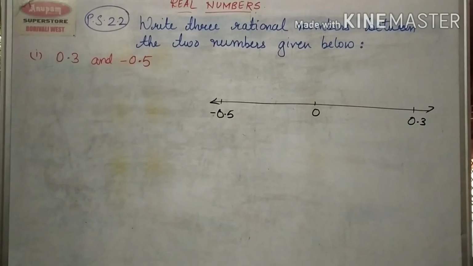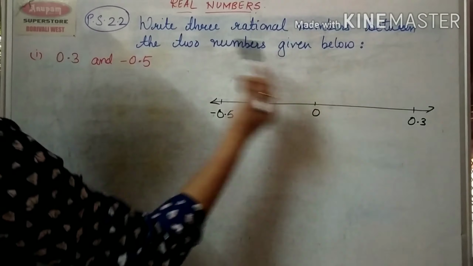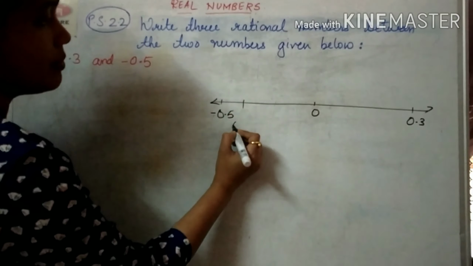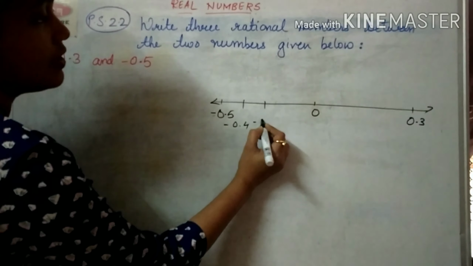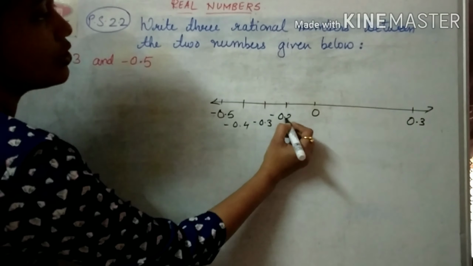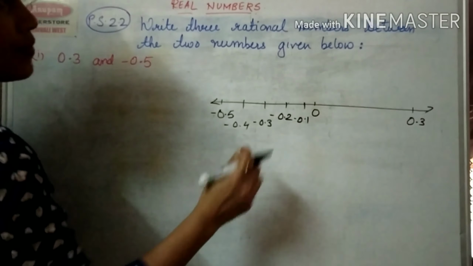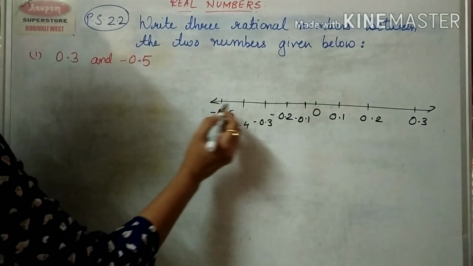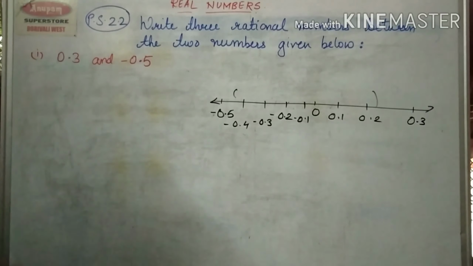So first thing that we are going to do is, I'll imagine it in the form of a number line. If I imagine a number line, and if I say I want numbers from 0.3 to minus 0.5, we all know that on a number line, negative numbers come on the left hand side and positive numbers come on the right hand side. So looking at that, I have written 0.3 here and minus 0.5 here. Now if I imagine what are the numbers that I'll have here, this will be minus 0.4, there will be minus 0.3, minus 0.2, minus 0.1, and there you'll have 0.1, 0.2, and you have 0.3. So out of these numbers, you can show any numbers here.